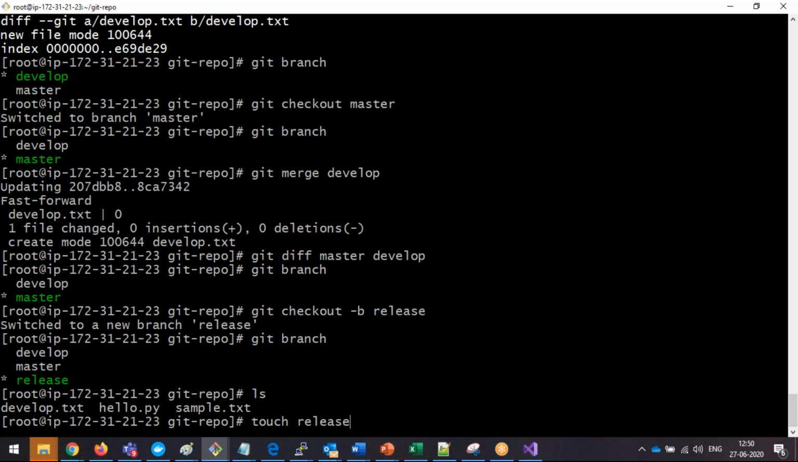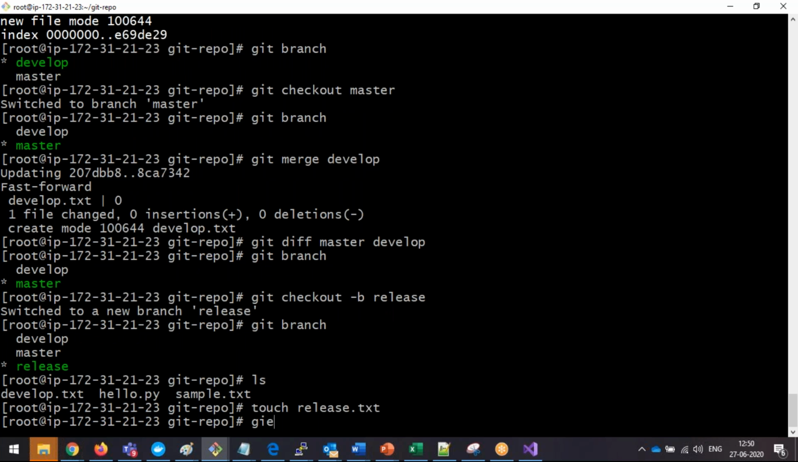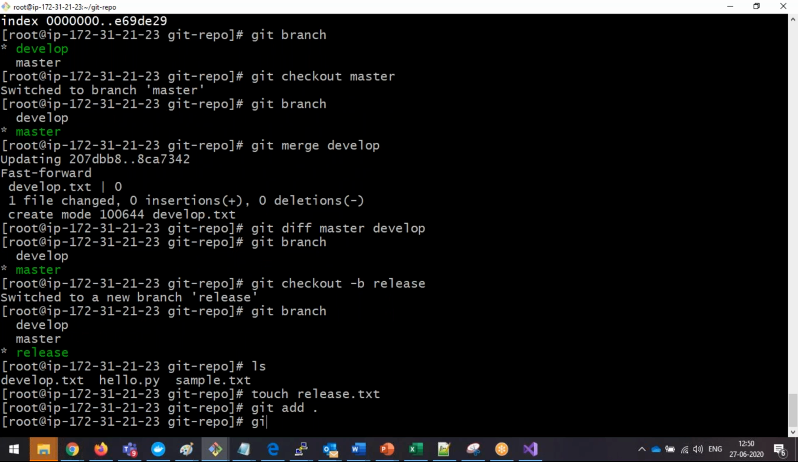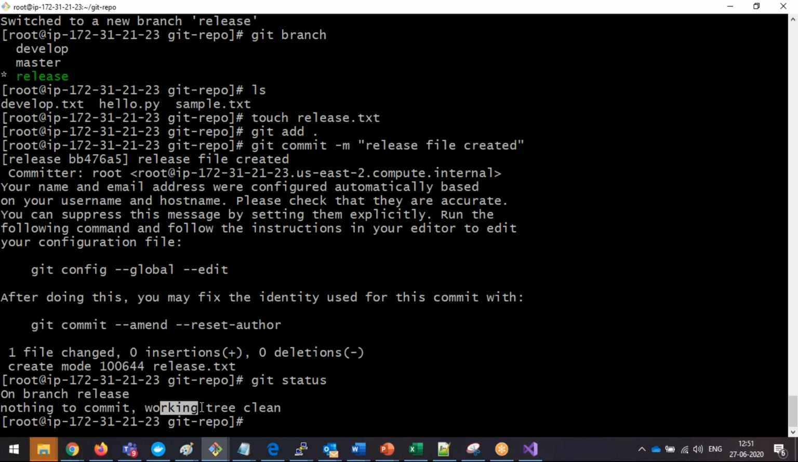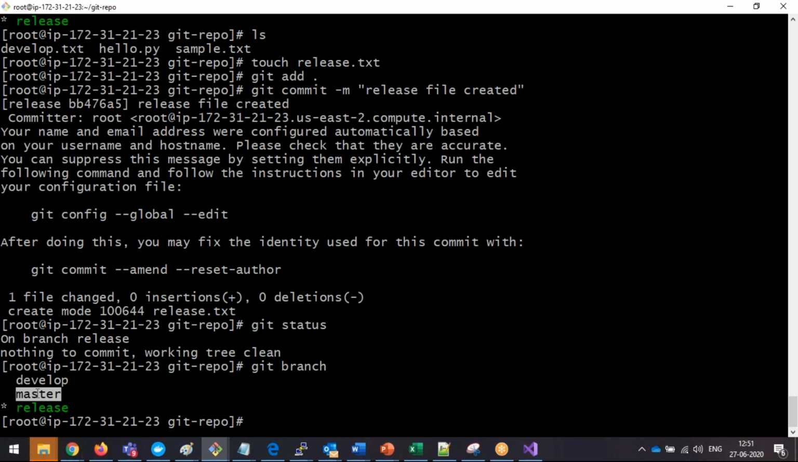So touch release.txt. Now add and save. Git add and git commit -m "release file created". Now git status, everything is clean on the branch release. So now git branch. Now I have a master branch, a develop branch and a release branch. So now here the observation is